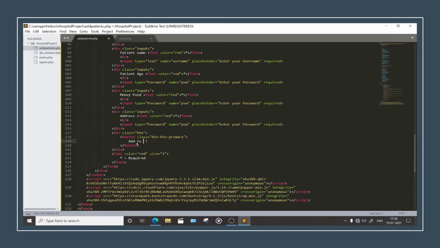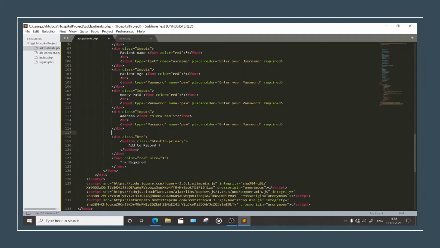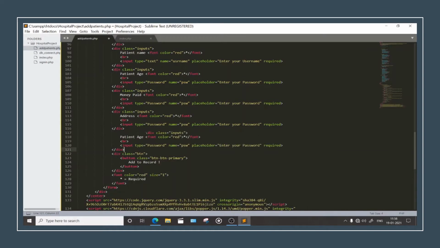Now add to record. Fine. Now let's make some inputs. Paste it here once again. This time we need to keep doctor name here. Obviously, we will not be keeping the doctor age.